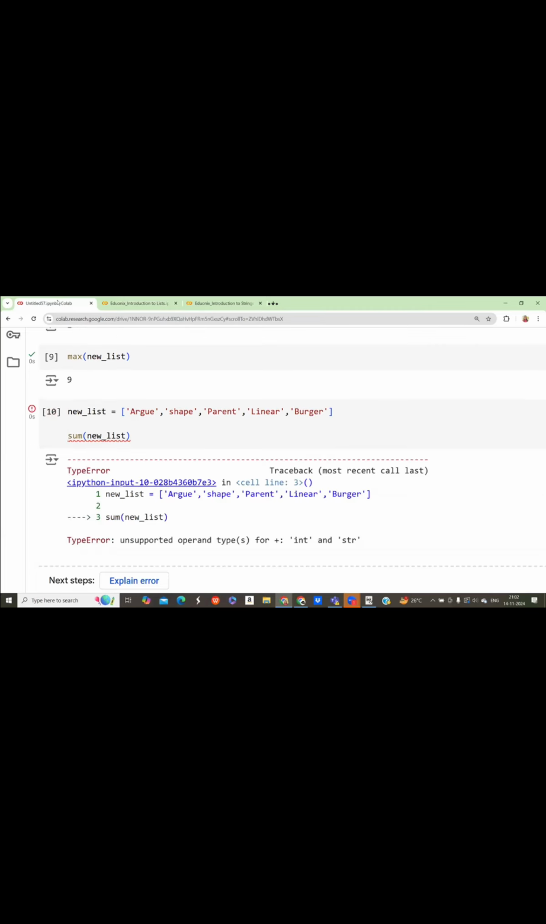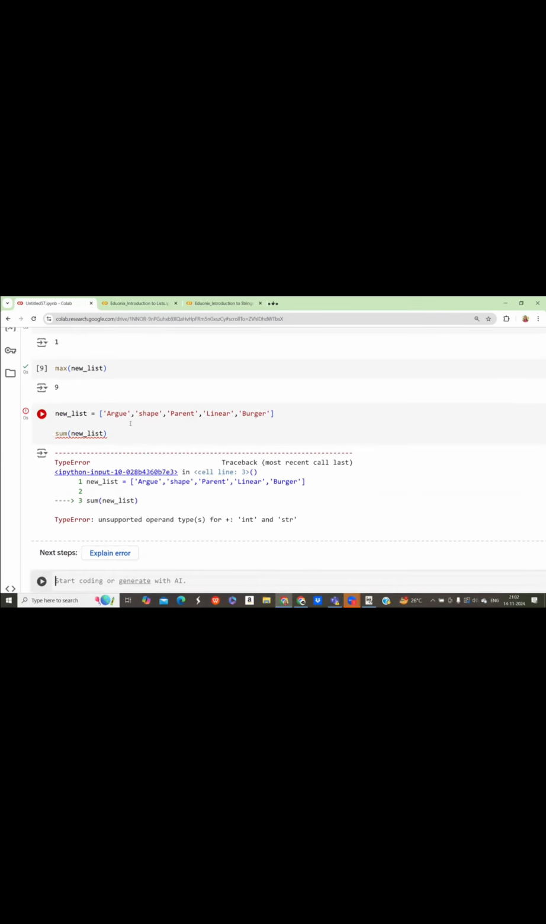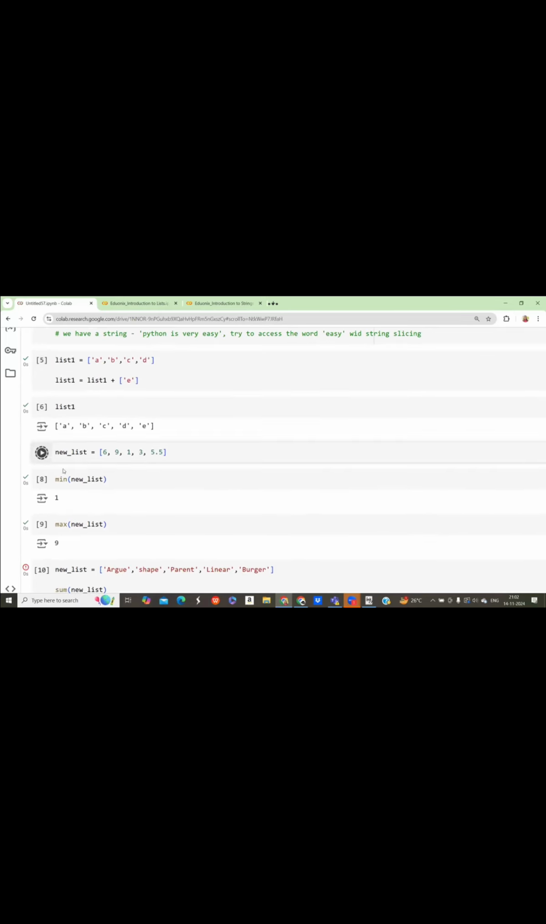What it's saying is that in my list, if I have integers, I can use this sum function because finding the summation of integers is possible, right? But finding the summation of alphabets or words is not possible, right? So for that, we can't use this sum function for this list where we have strings. Okay, but I can do the same thing for this new list and